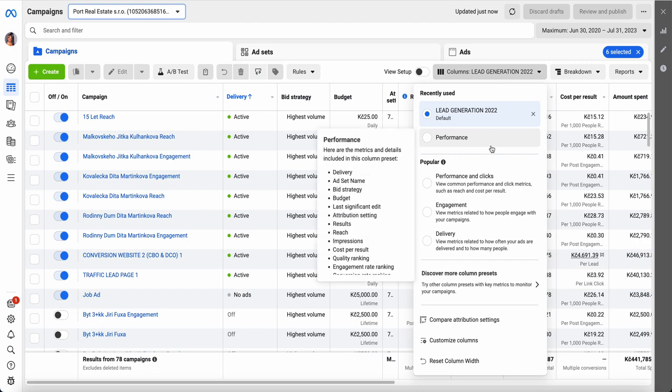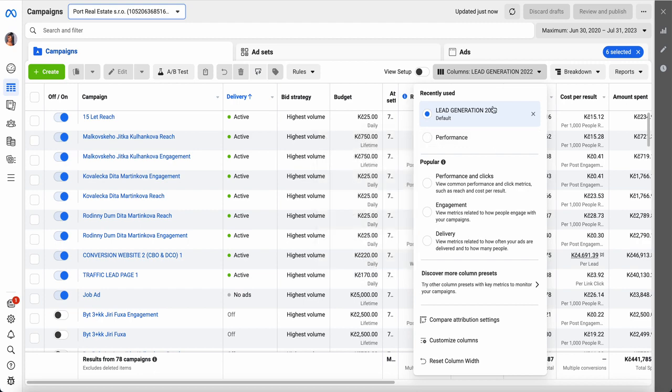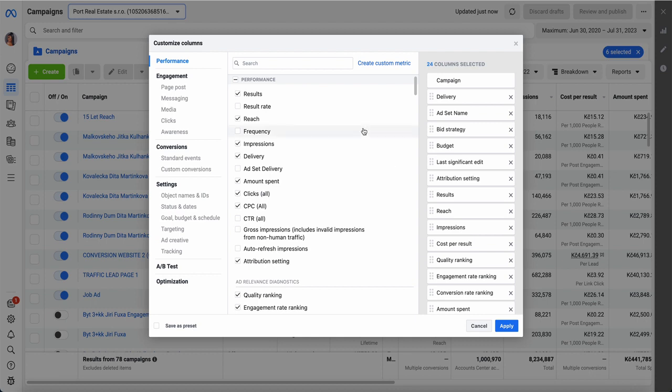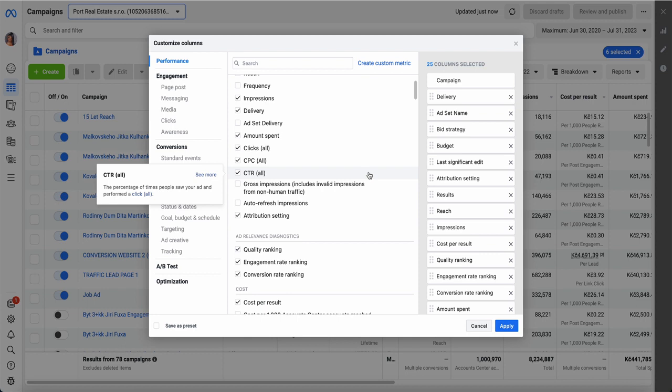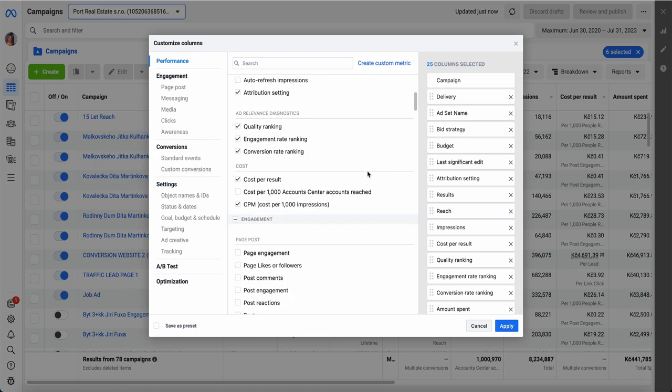But I honestly like to use my own, so I use this customization. And then, as you can see, you have many opportunities, if you want to, for example, see overall click-through rate, quality ranking,